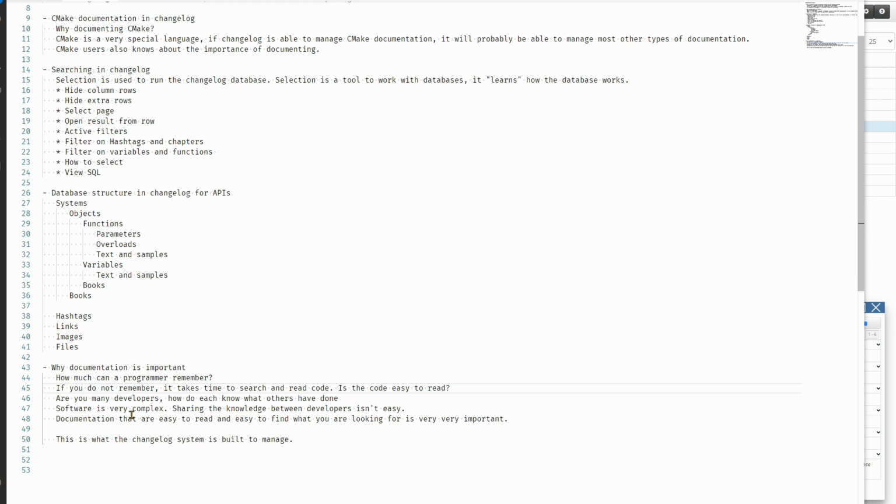Software is very complex. Sharing the knowledge between developers isn't easy. Documentation that is easy to read, and easy to find what you're looking for in, is very, very important. If you spend a lot of time just trying to understand the code, what you have done or what others have done, it isn't fun to develop. And this is what the Changelog system